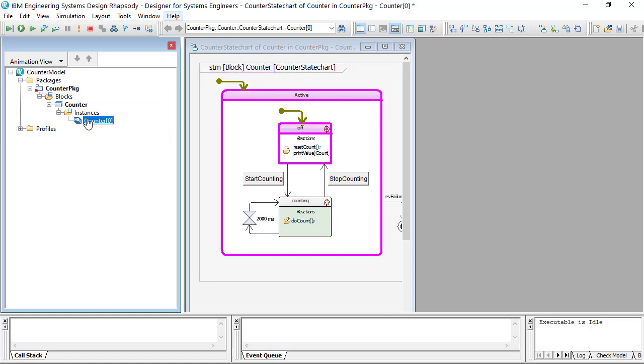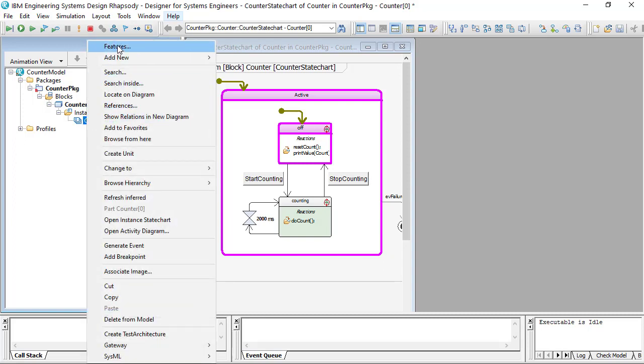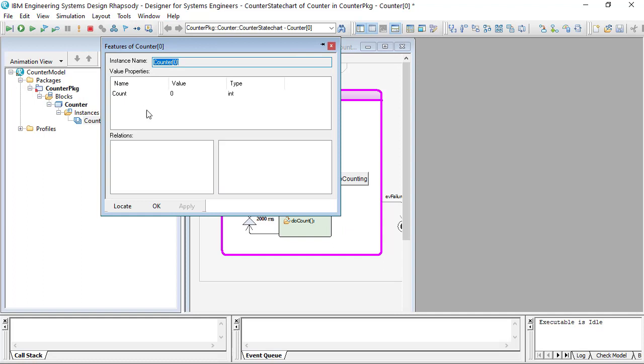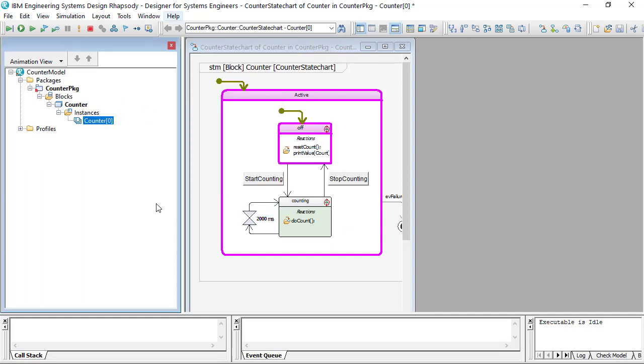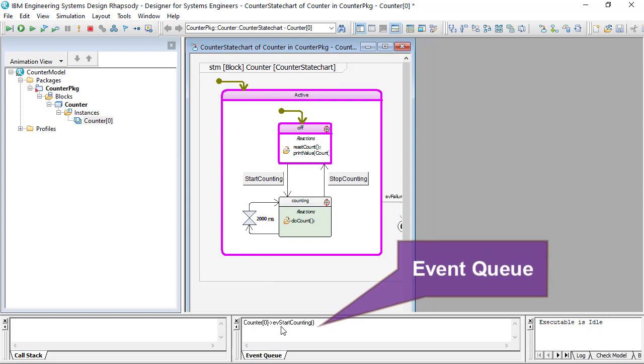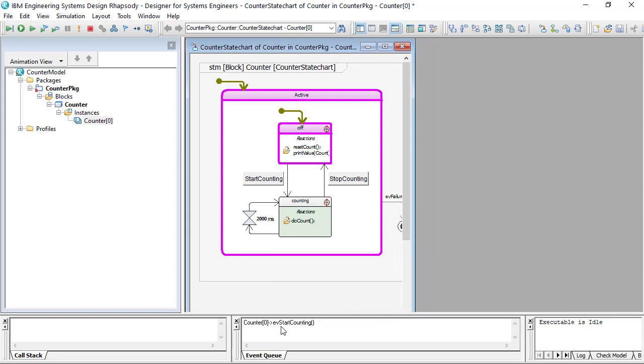Then the execution is paused again, expecting further commands like go or go step. You can also observe the current count value in the features dialog of the block instance. Now we can simply press the button to generate the event Start Counting. The event is put into the event queue, but not yet consumed because the execution is still paused.